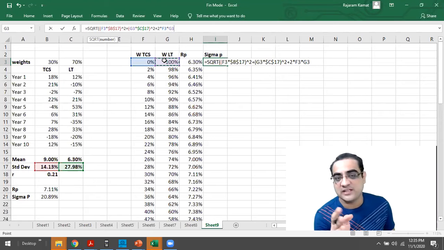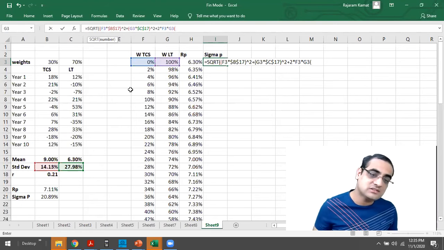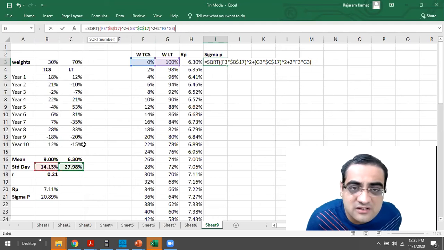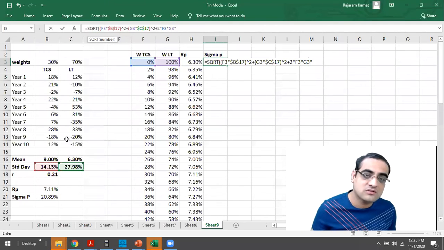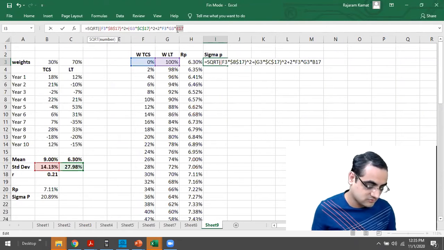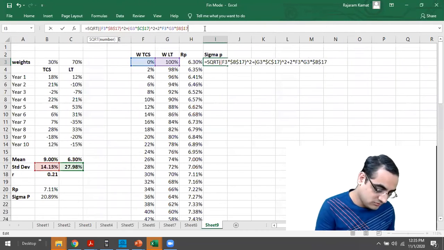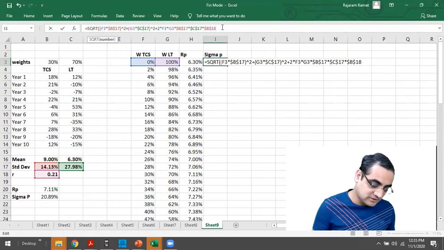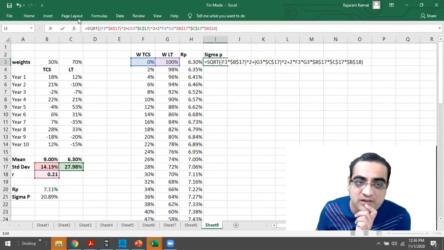This you don't want to be frozen because this will keep on changing into sigma 1, which okay, I happen to press a bracket by mistake. So that's 2 times W1 sigma 1 into sigma 1, which you want to get frozen. So F4 into sigma 2, which you also want to get frozen or remaining constant, and then R, which also you want to get frozen. Then bracket complete.